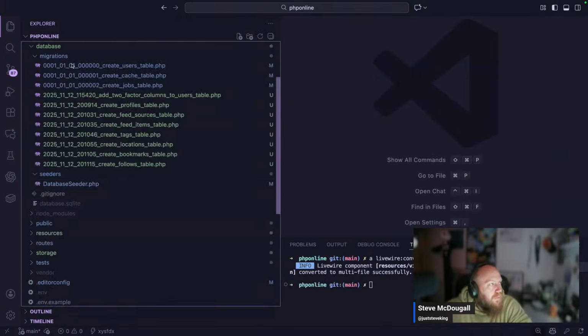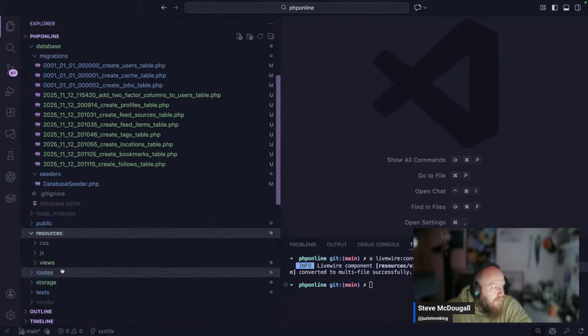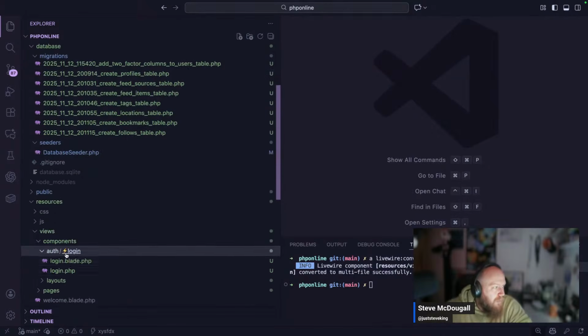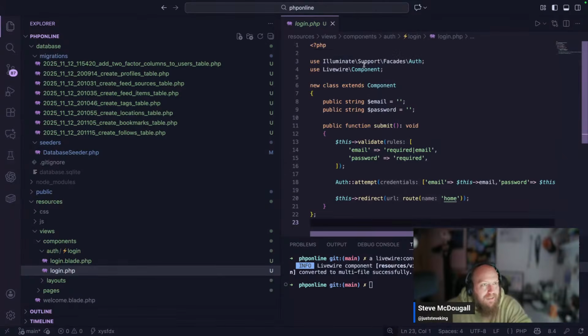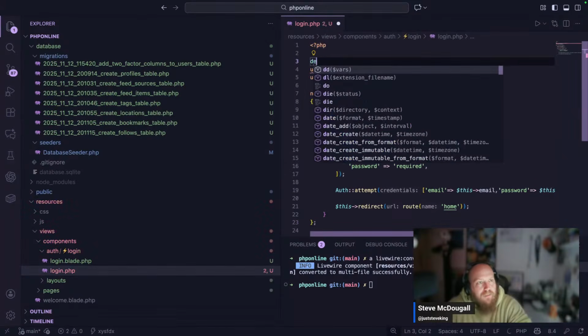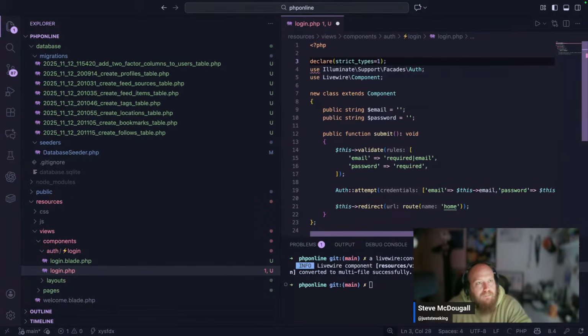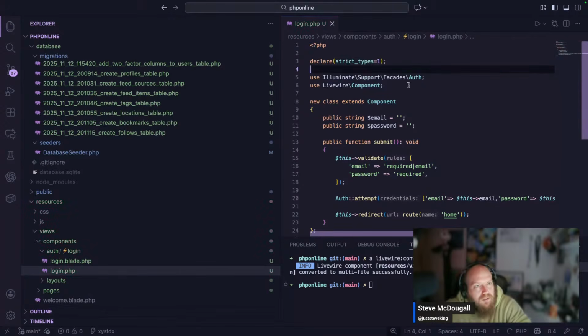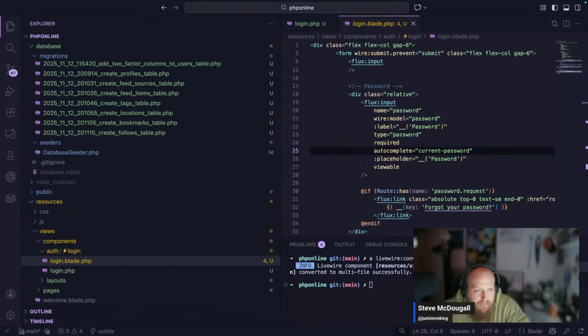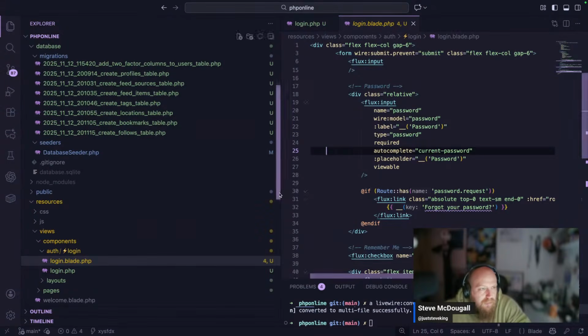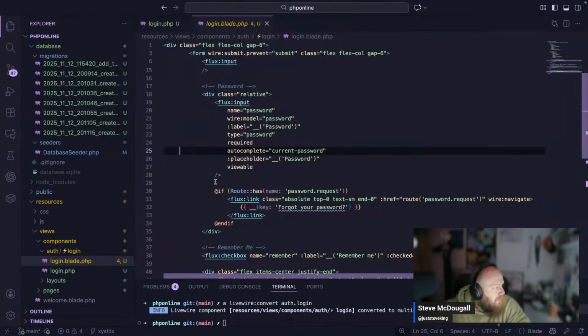Close all that off. So what we now have in resource view components, auth, login blade, and our login class here. So we can, oh, look at that. That's so cool. It automatically knows what to render as well. So that's even cooler. Livewire 4 is pretty awesome. But